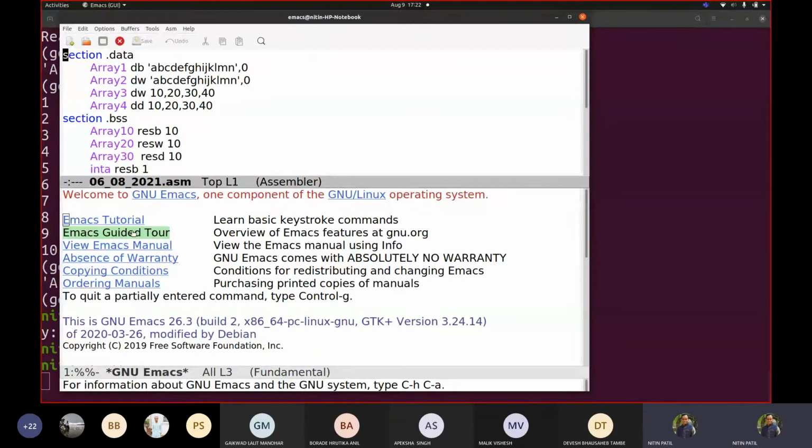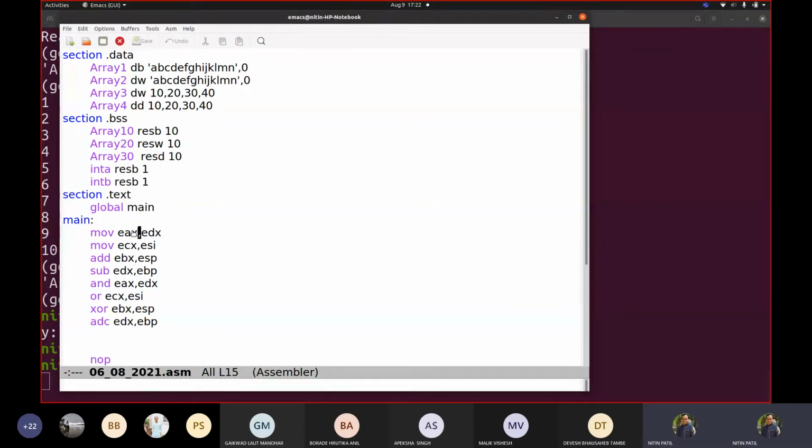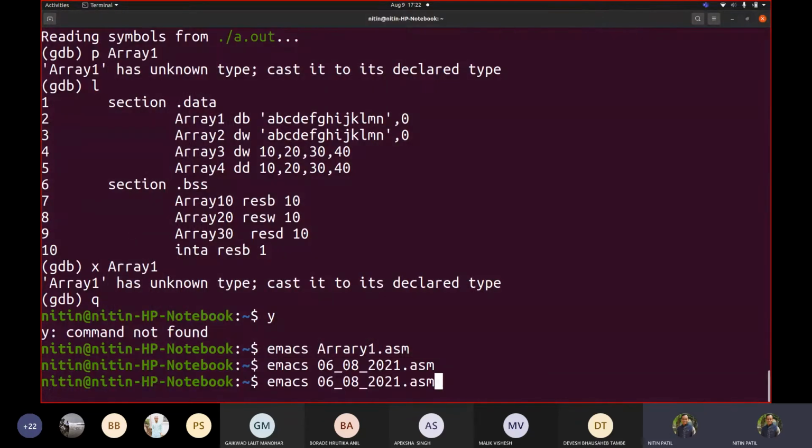Okay, so this is our code. So what I will do is simply write here array 1. Now let us see this. Now it should give us the value. So let us try to translate.